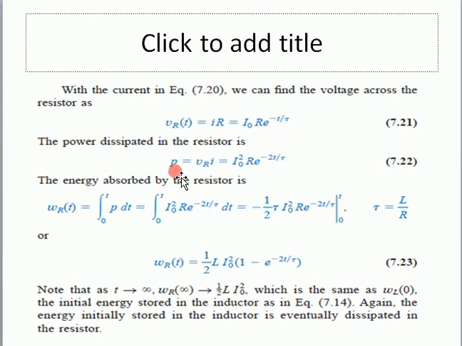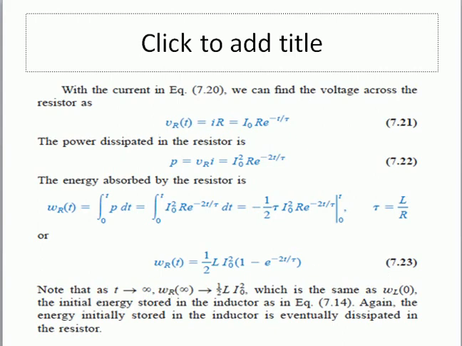What will be the power? P is equal to VR times I. So we will get the value I naught squared R e raised to the power minus 2t over tau. And what will be the energy? The energy will be equal to 1 by 2 L I naught squared into 1 minus e raised to the power minus 2t over tau. And that's how we can find out the values of voltages, currents, power and the energy that is stored in